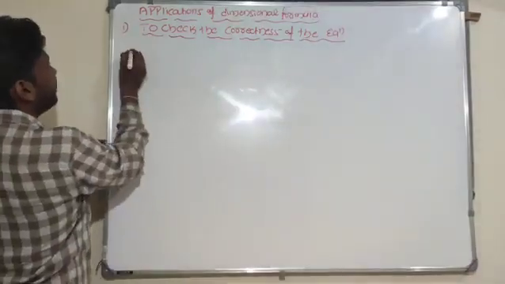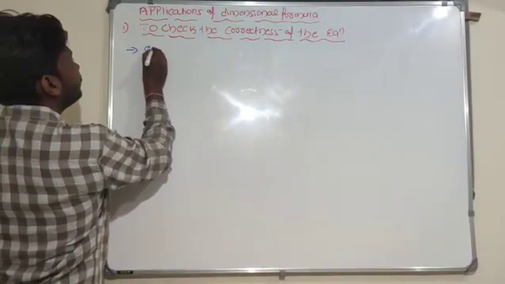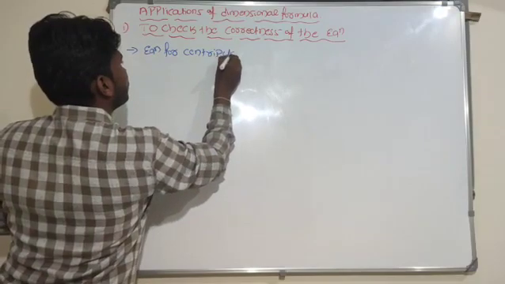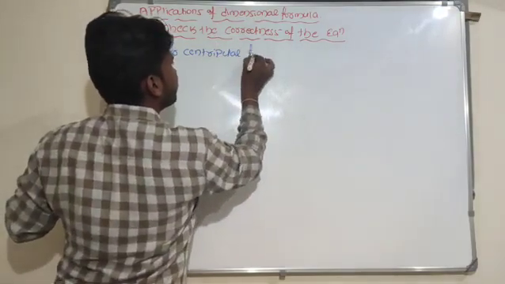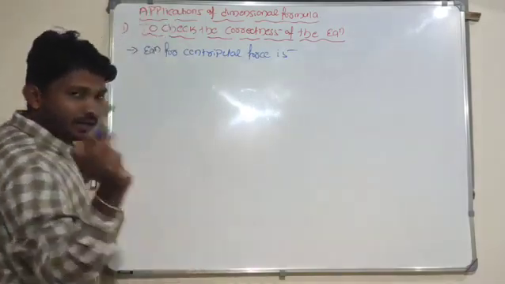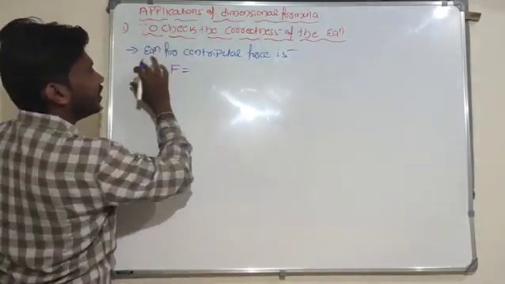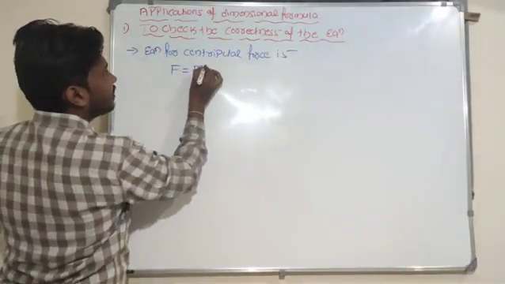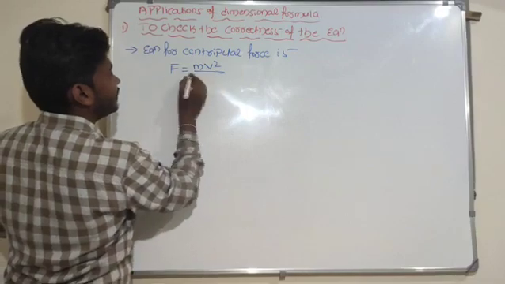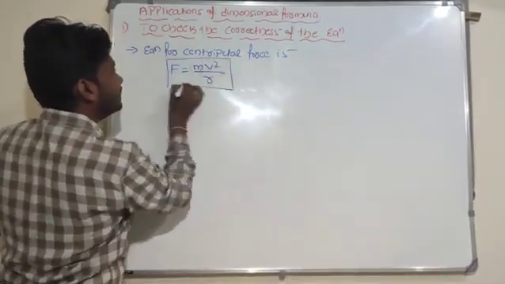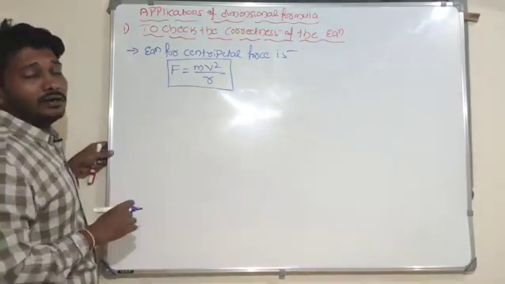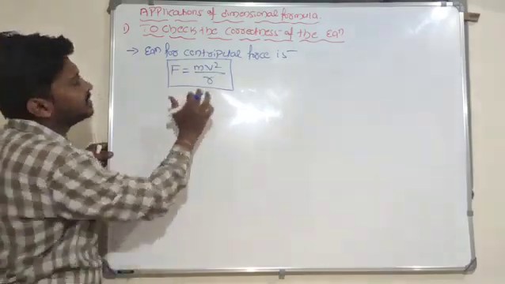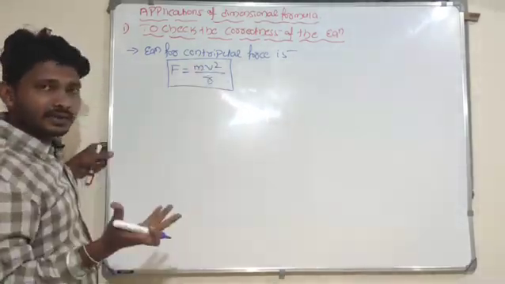So I will give an example. The equation for centripetal force: don't bother how these equations are derived, we can derive them by the dimensional formula also. For the time being, believe me, this is the correct equation, F equals mv square by r. This is the required equation for centripetal force, where F represents force, m represents mass, v represents velocity, and r represents radius, in terms of length only.